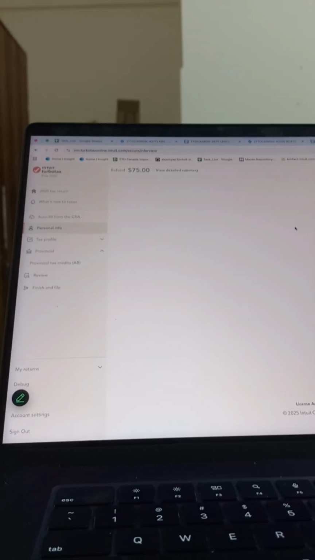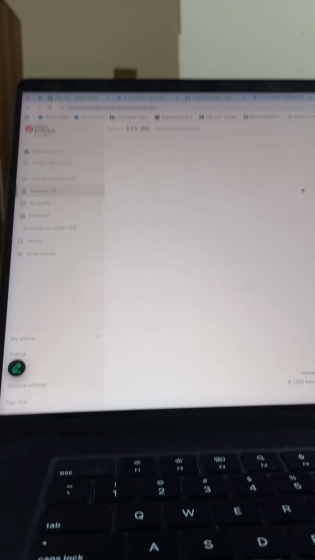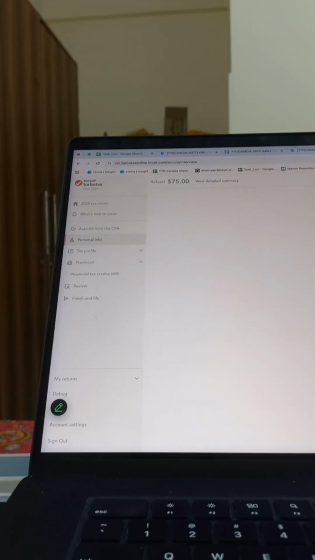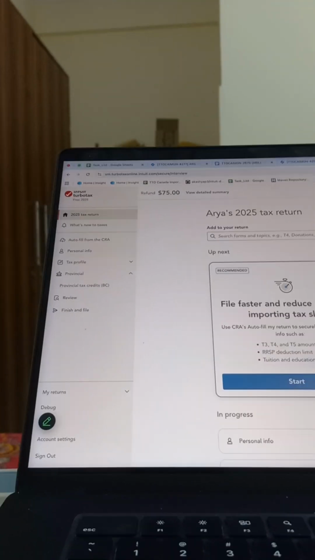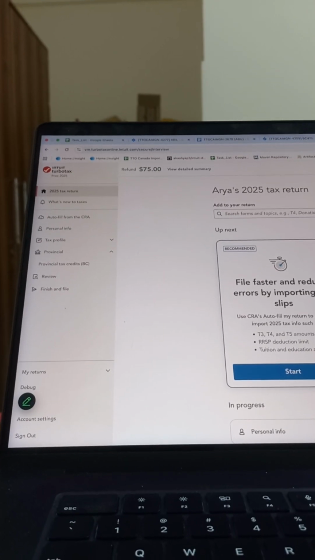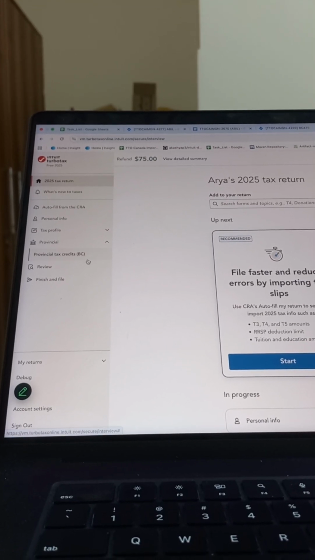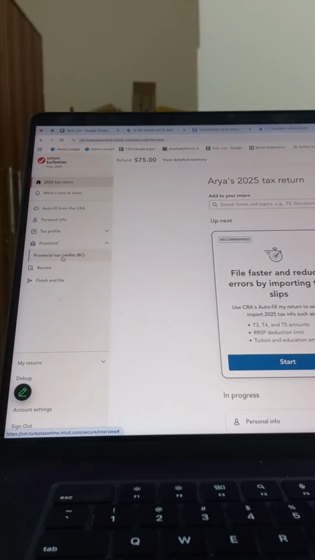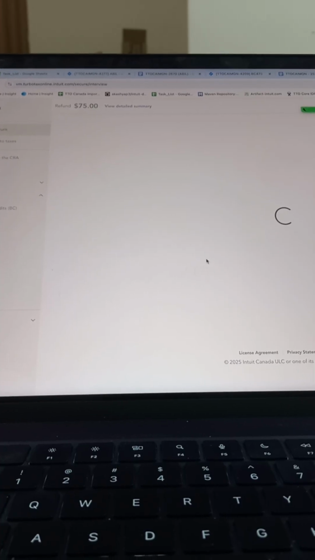Yeah. And now you can see in provincial if it got updated. If you go on the provincial tax credit, now it's BC. First it was AB, right? Yeah. That means it's got updated now. Now British Columbia, if you open that and do annotate step,